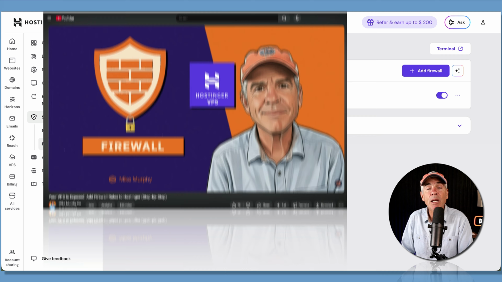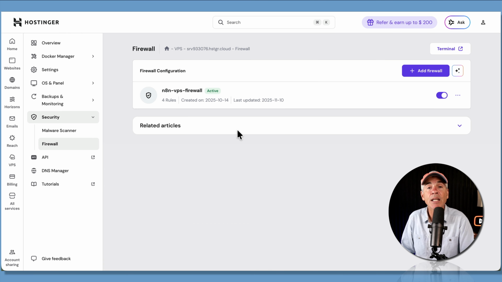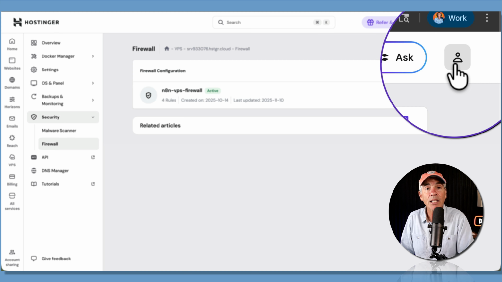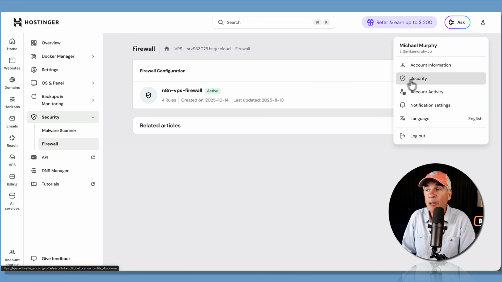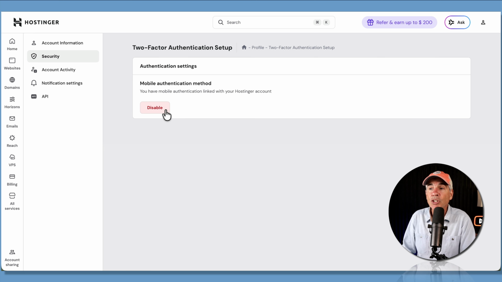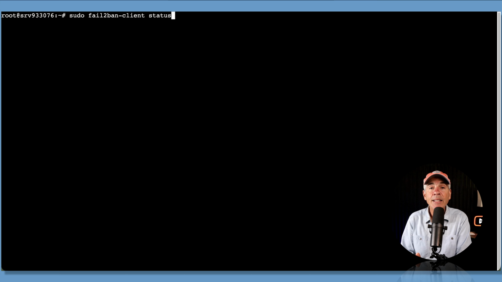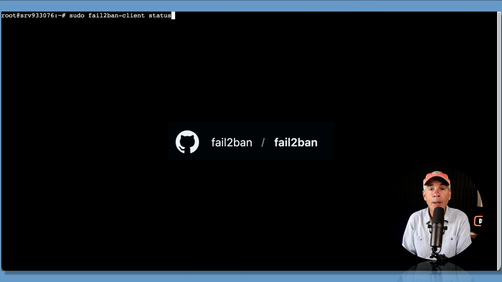The other place, make sure that you have two-factor authentication enabled on your account. To do so, go in the top right corner, click on the little profile icon, go to Security. If you don't have it set up, you're going to see a little flashing red dot warning you that you need to set it up. Just click that. And it should say disable if it's set up, and if it doesn't, you'll also want to set that up. That's very important. And that is how you install the must-have security tool Fail2Ban on your